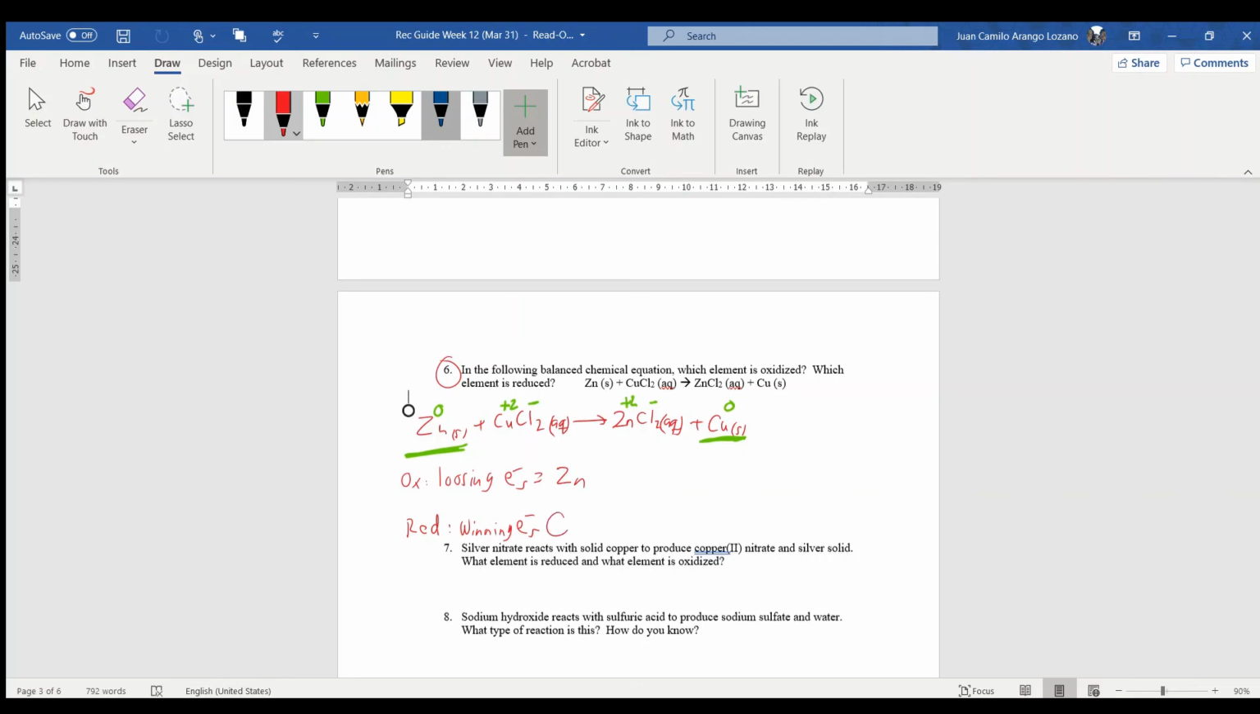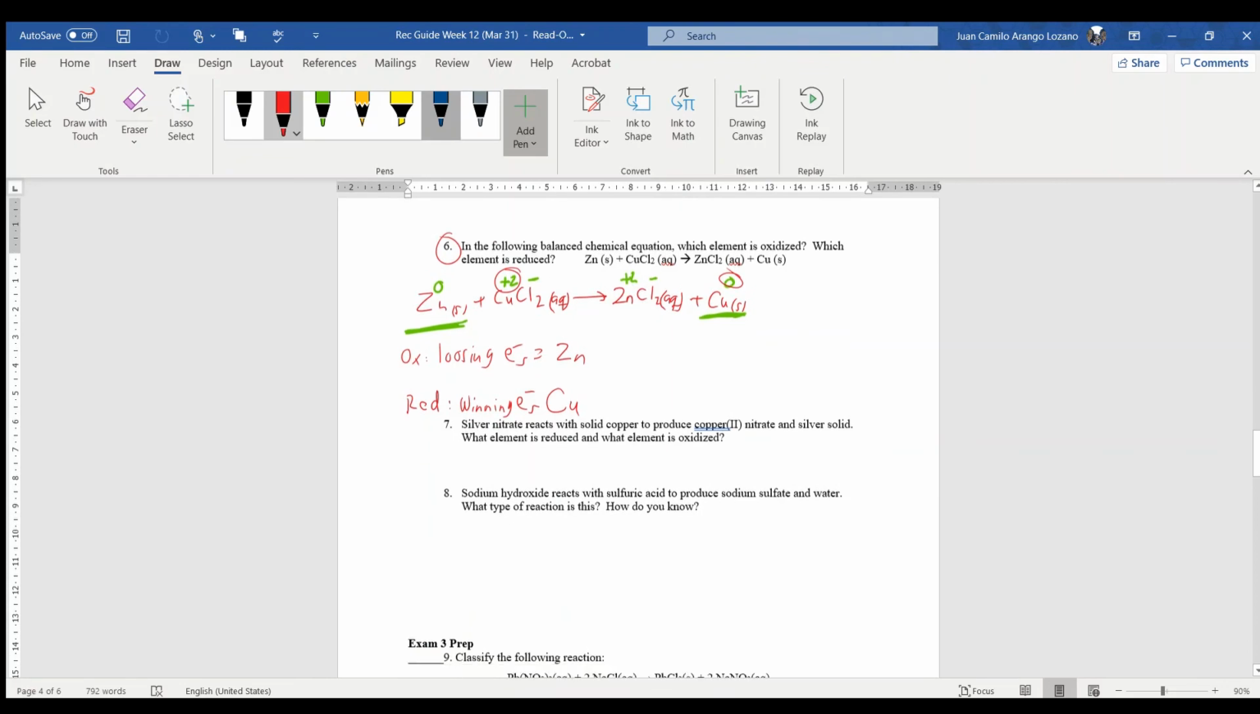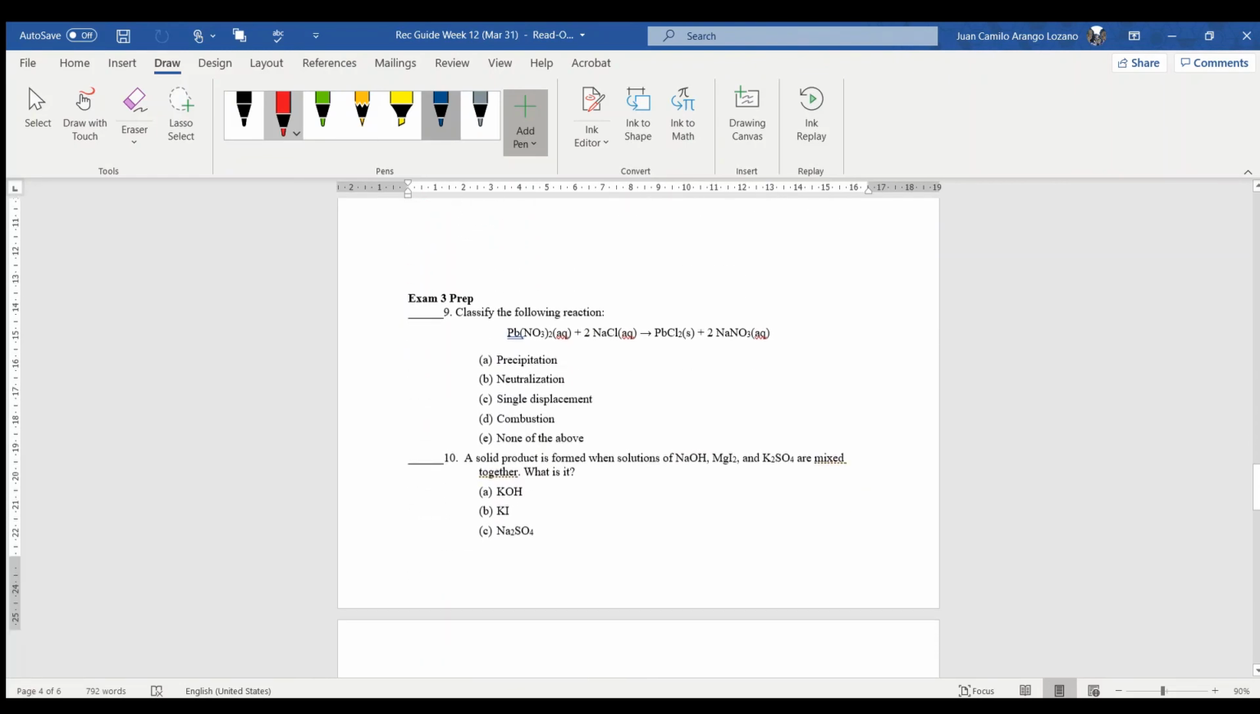Which is the element that is getting reduced? If you take a look at it, conversely, copper is going from a +2 charge to a 0 charge. So it's losing positiveness, right? Therefore, it is getting reduced. So that's basically the answer to that. Moving forward,